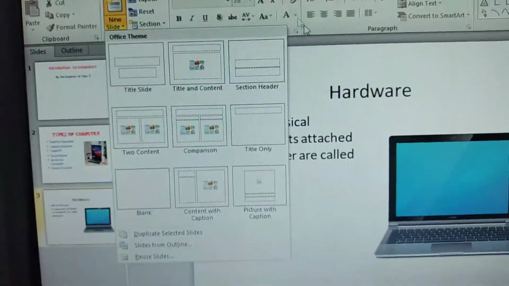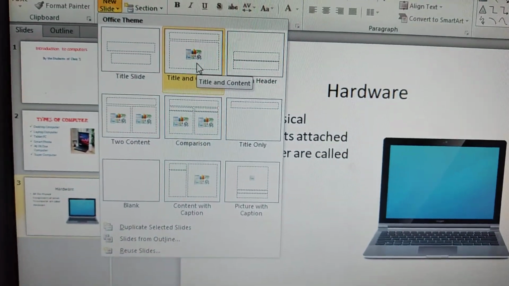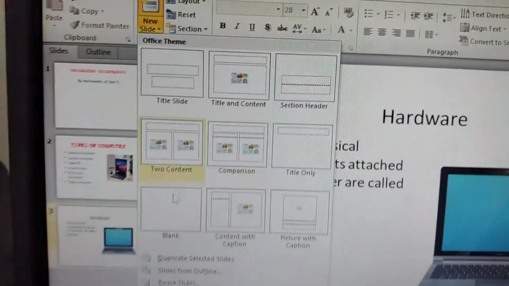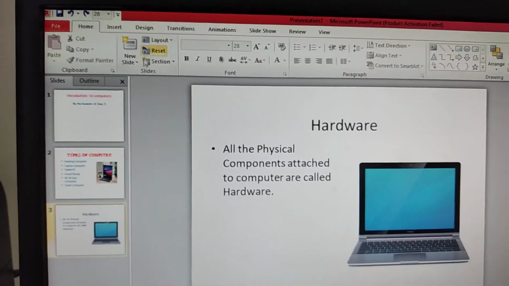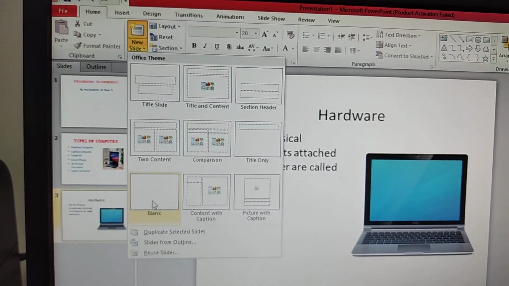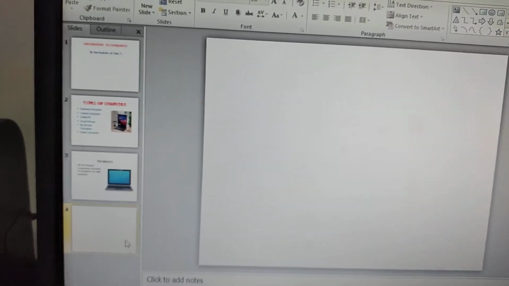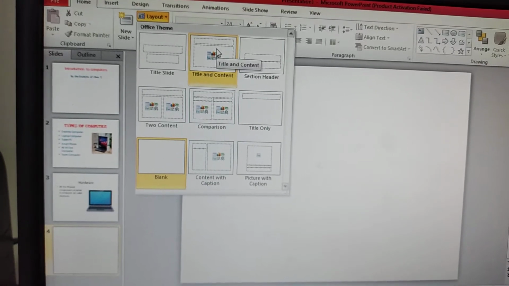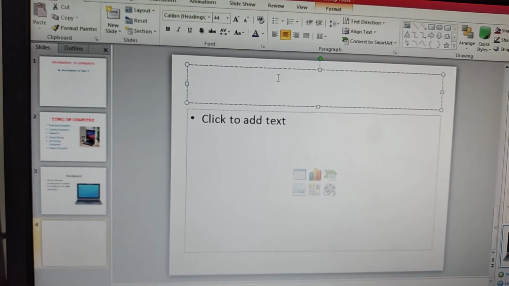So what you will do, you click on this option, title and content. So I am going to add a new slide, blank. After that you can change its layout and you can take this layout. Okay, so here you will write software.